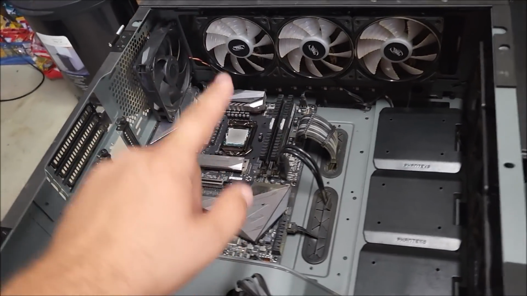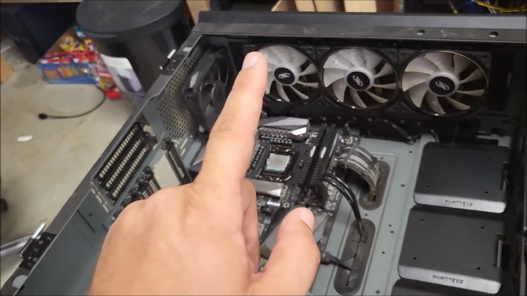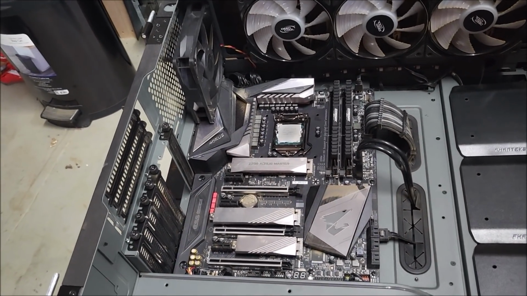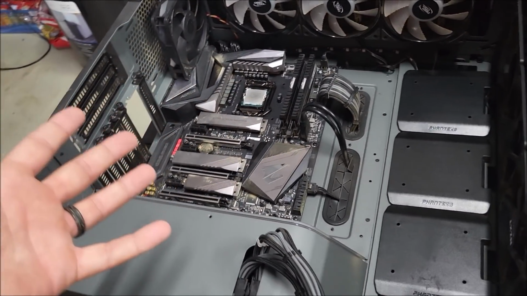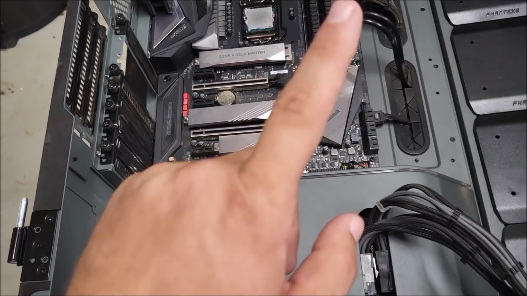Something was going on with that. But I do have an old stock Intel cooler. We're gonna throw that on there. That's not enough, realistically, because this is an i9 9900K, but it should be enough to keep it cool while we're mining on it. Now this does have 1, 2, 3 full-size slots,